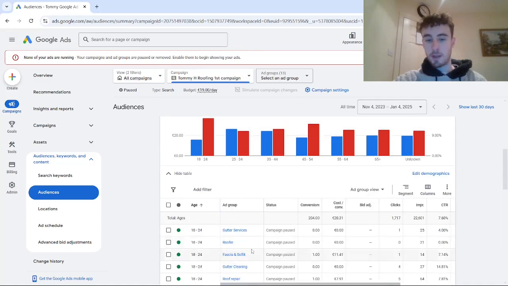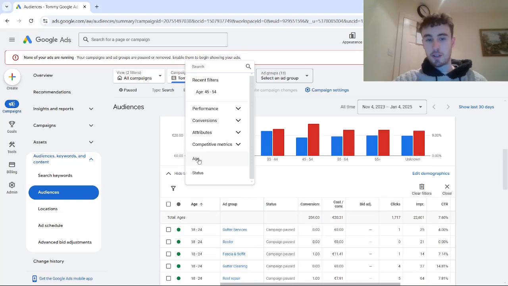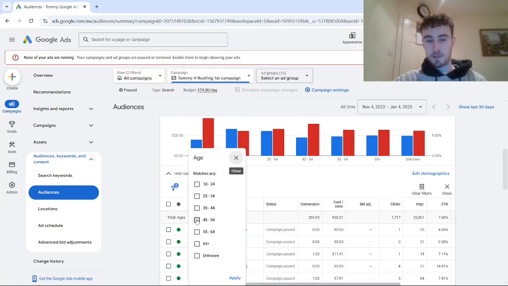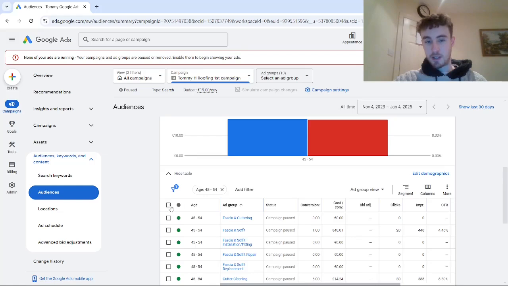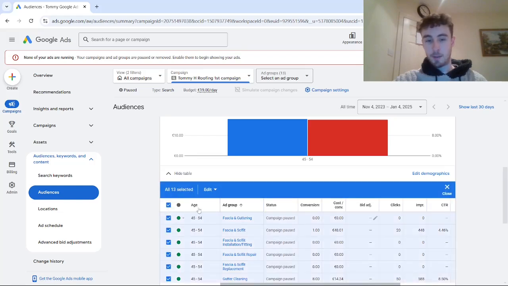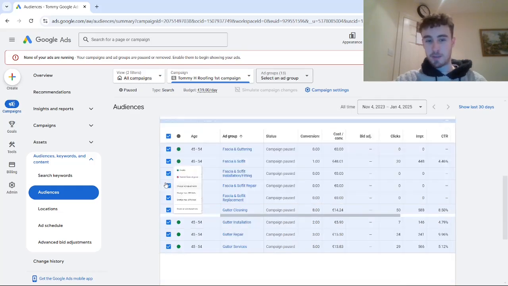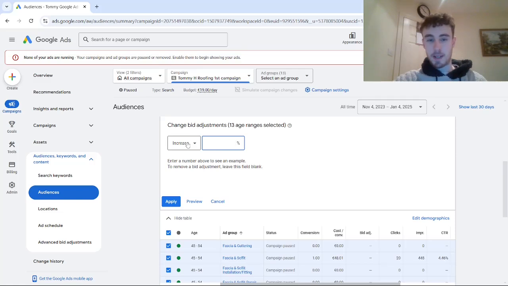And the first thing you do then once you do that is you add a filter by coming here. You press age. You then choose the 45 to 54-year-old age group or whatever age group you're looking for in your case and just press apply. And once you've done that, then you just press here beside age to select all ad groups of which you're wanting to make the bid adjustment for that age group, and then you press edit, you press change bid adjustments, and then you have the option to increase or decrease that age group bid adjustment by whatever